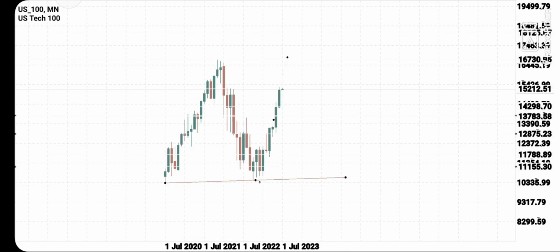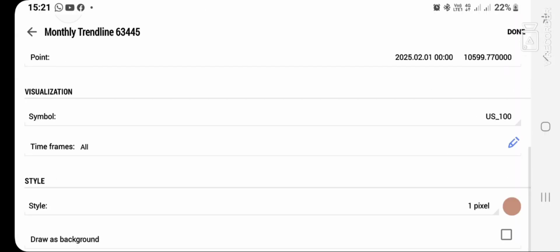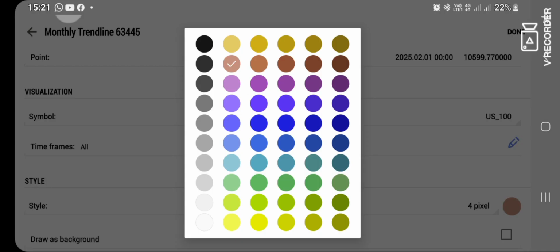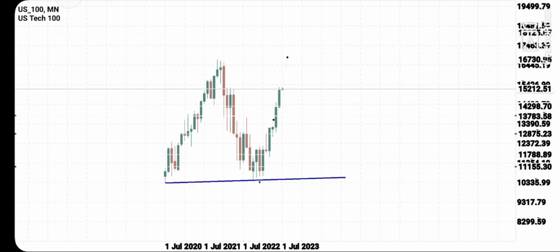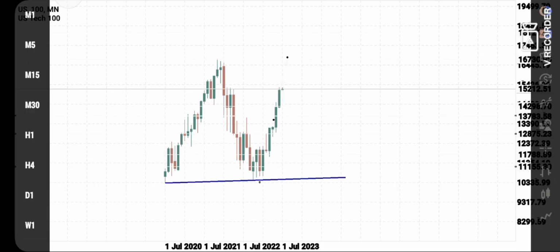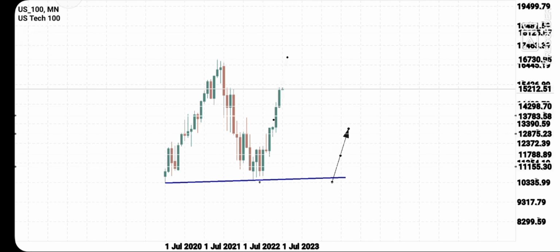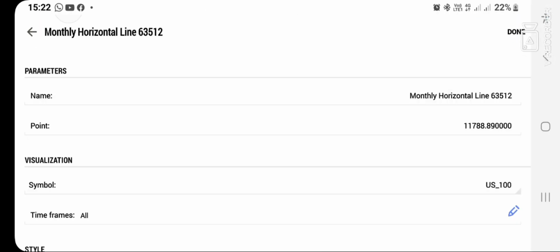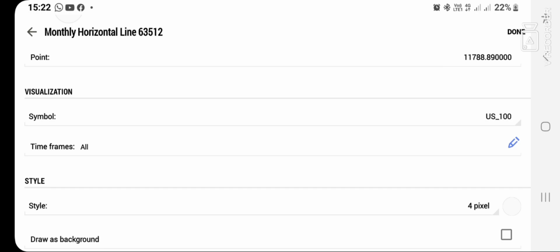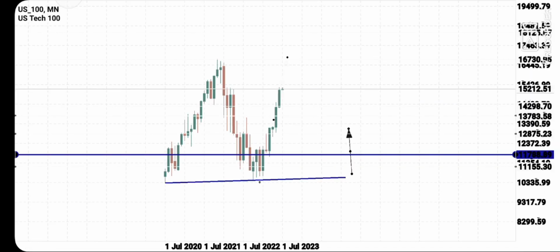As you can see, this one is our resistance. I can do it like this. We buy on the resistance, so I can make it blue to show that we are buying on the resistance. Every time the market comes into this, we buy. See, every time the market comes to that place, we buy, in blue. We buy, and then here we have